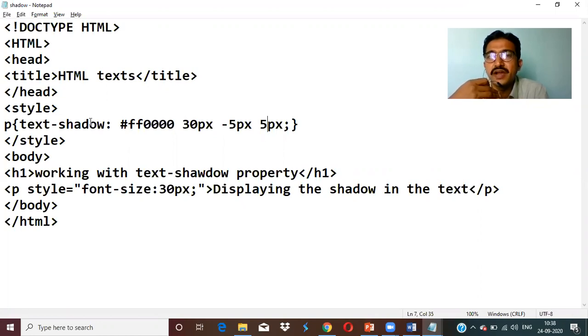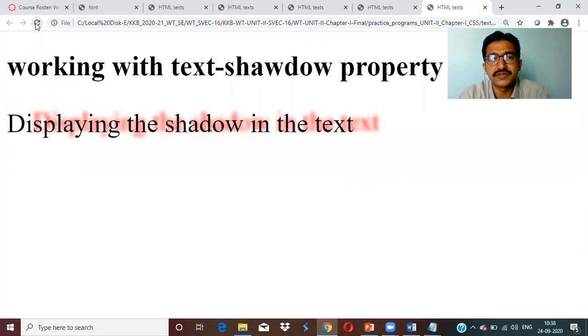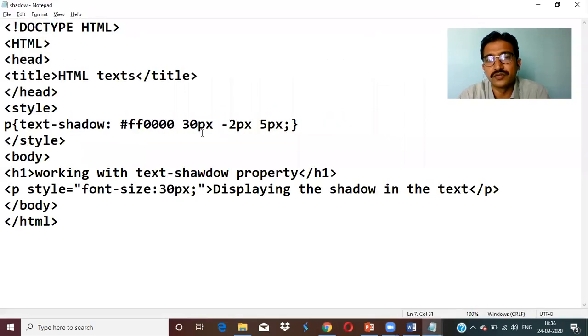How much height it is going to be? If you give more minus value, it will be more height. And the boldness and the thickness of that, how much? It is 5 pixels. Now, if you are going to decrease it a little bit, minus 2 still with this. So if I save here, it will hide a little bit more towards that.